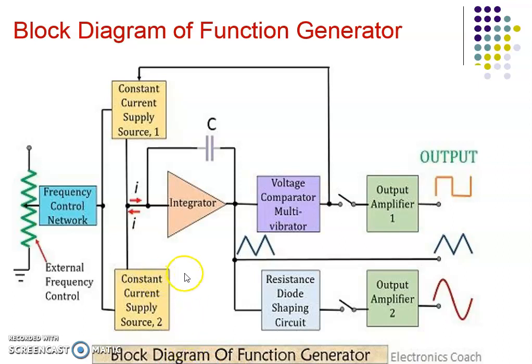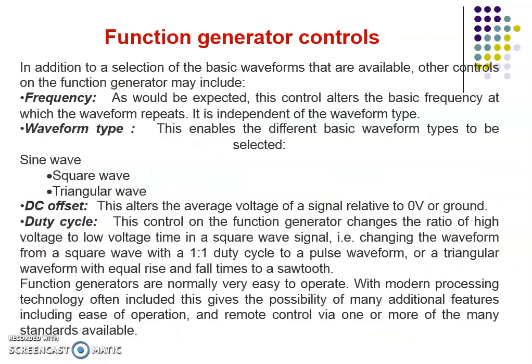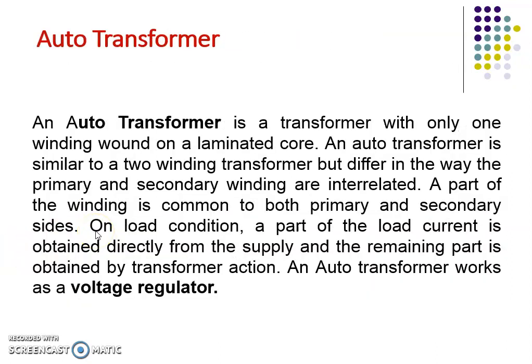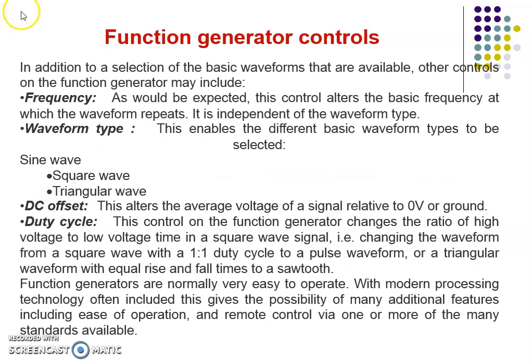So in this way, today we discussed the function generator. These are some of the knobs mentioned here. The frequency knob is also there. The waveform selection knob is also there. Sometimes some additional knobs are also provided. We can also select the offset, and we can select the duty cycle also. So these are some of the external knobs provided in the latest function generators.